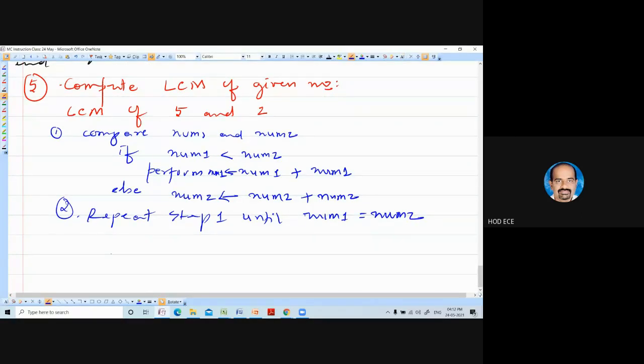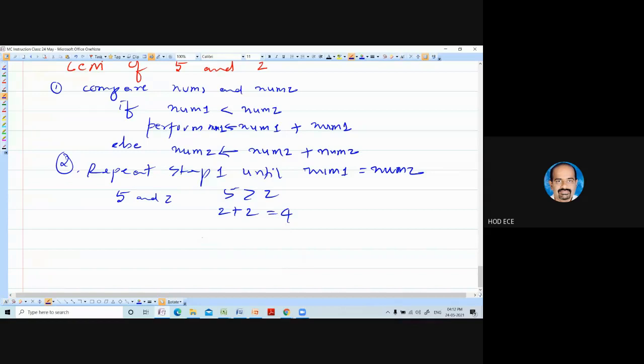It's very simple. So compare 5 and 2. 5 is greater than 2. So then what do you do? 2 plus 2, so you're going to get 4. Once again, 5 is greater than 4.